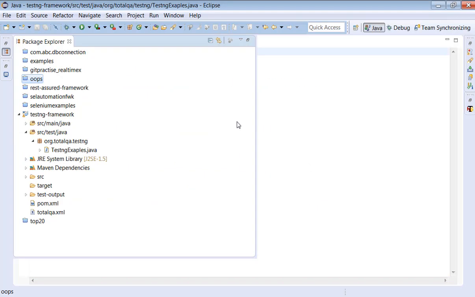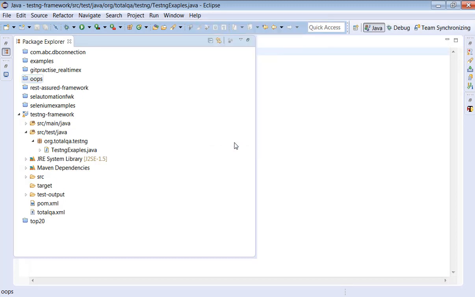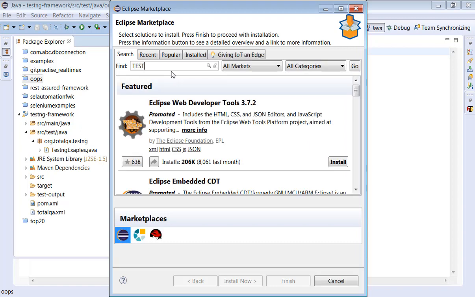Okay, in my Eclipse, I just open Help, Eclipse Marketplace. And once it is loaded successfully, I will type TestNG and click on Go.